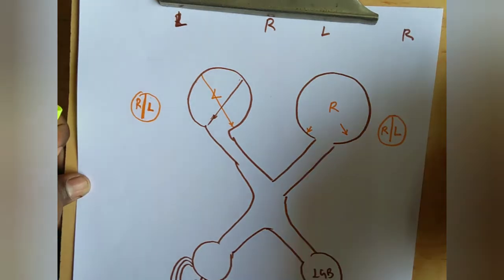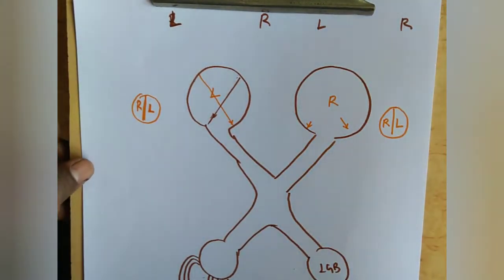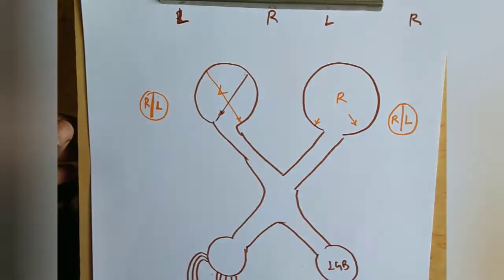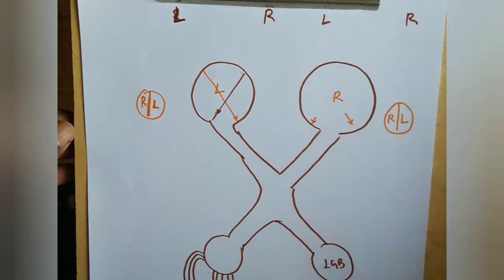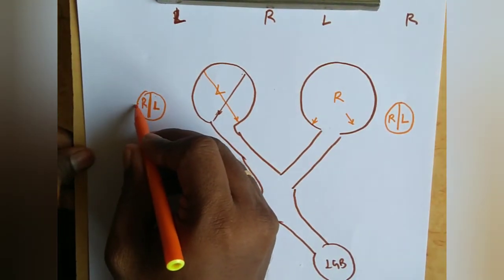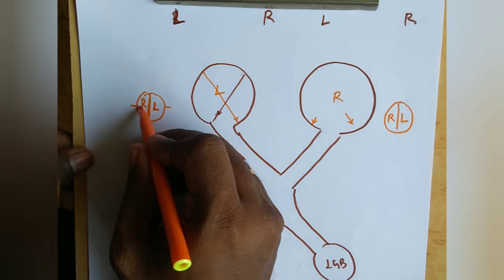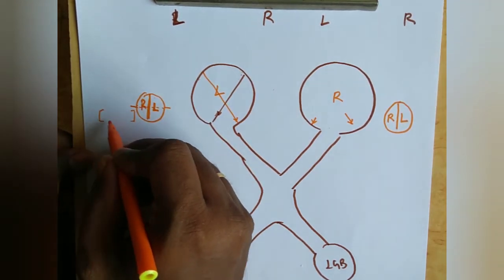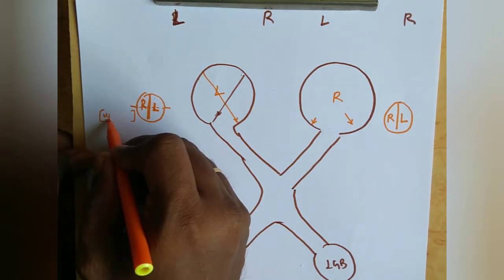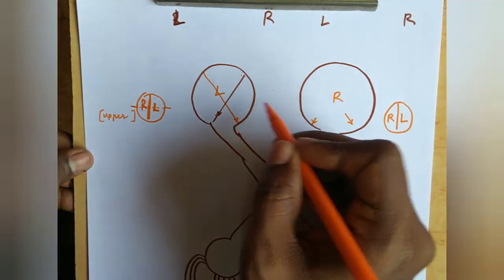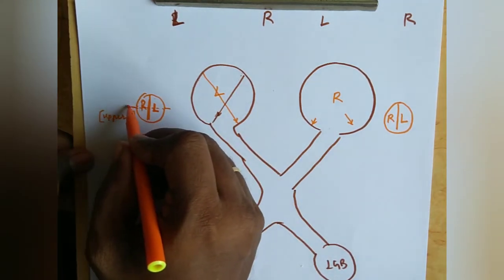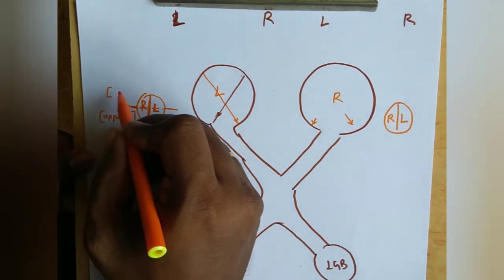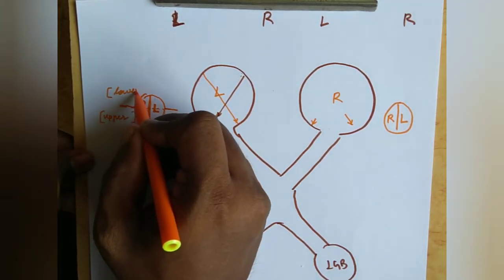One more thing we should understand: whatever we see in front of us towards the sky, the upper part of the visual field, is always focused at the lower part of the retina. So the lower part of the retina will focus the upper visual field. And the upper part of the retina will always be focusing the lower visual field.